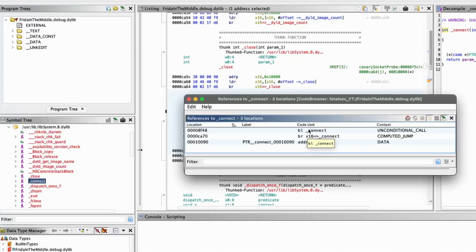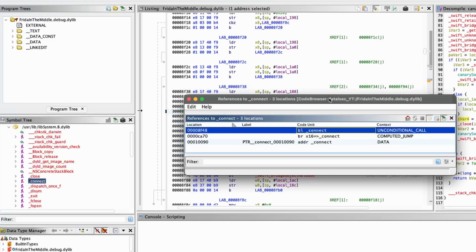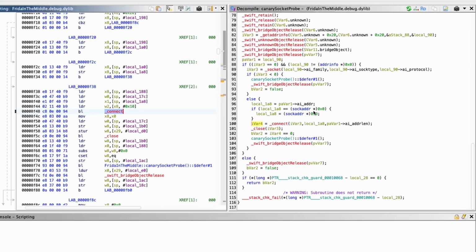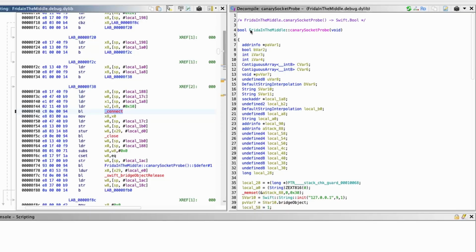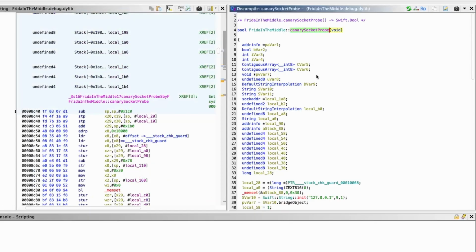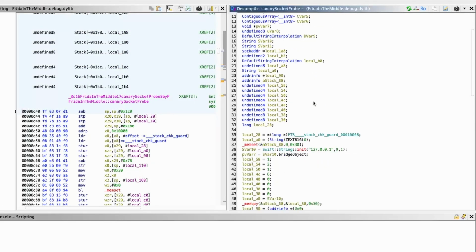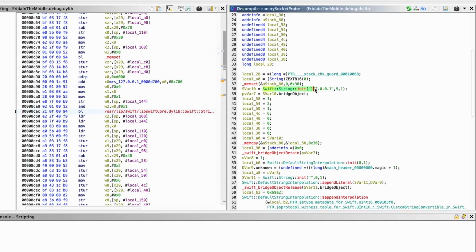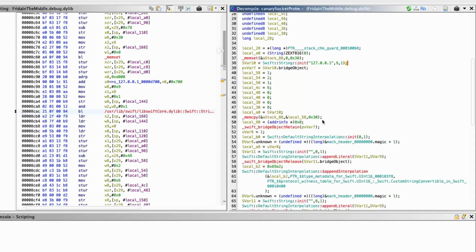Let's go to the first branch instruction, and it took us over here under the decompiled code. We can see that it's part of this function, canary socket pro. All right, sounds interesting. And inside this function, if you have a look at the decompiled code over here, the first thing we can observe is that there is a Swift string being initialized which says 127.0.0.1, which is nothing but the IP of localhost, right? Then if we scroll down a bit,